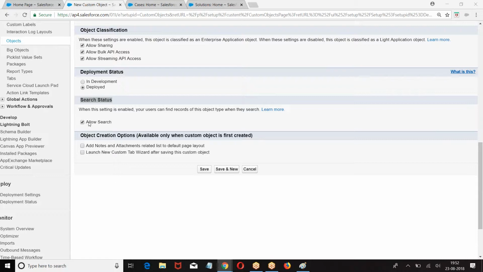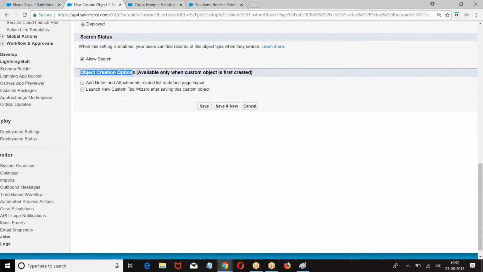All right, allow search. Then object creation options. What are these? These options are available only at the time of creating an object. Once the object creation is done, you cannot enable or disable these options.